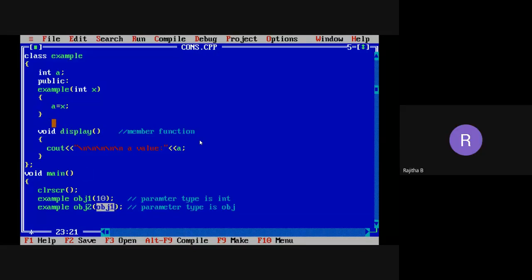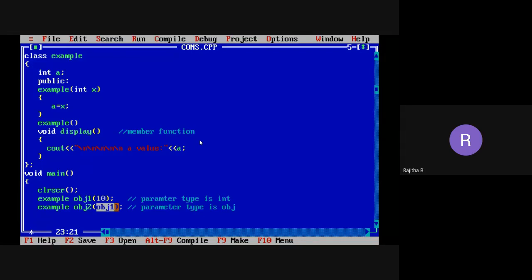When you take the parameter type as an object, I need one more constructor here, because in the two statements you are passing different values. Here you are passing an integer, in the second statement you are passing an object. So I want two constructors. If I pass the value 10, the parameter type is integer, so the formal parameter type is integer. Now in the second statement I pass an object. What is the data type of an object?